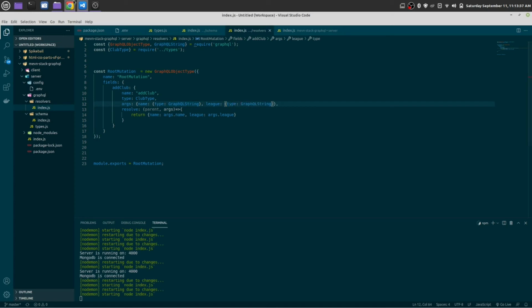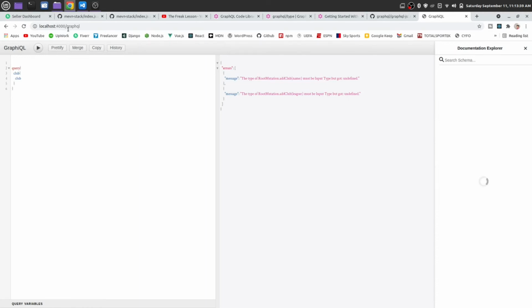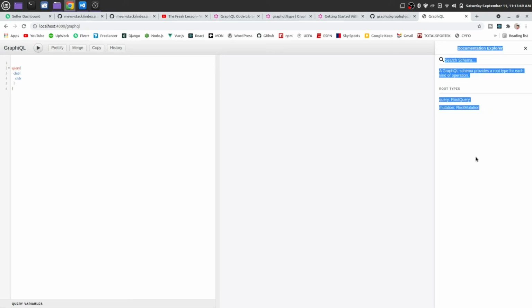Now this should work. Reload the page once again. There is no error, but you see on the docs you have a root query and root mutation. If you go to root query, you have query of club. If you go to root mutation, you have mutation of root mutation.